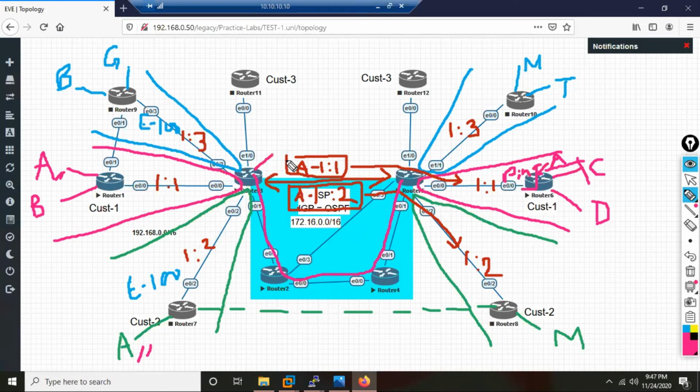If you guys remember when I said, when we run LDP, what does it do? If a router has connected routes, static routes, IGP routes, and BGP routes, does LDP generate labels for BGP routes? No. Why does LDP not? Because LDP says BGP will generate labels for its own routes.